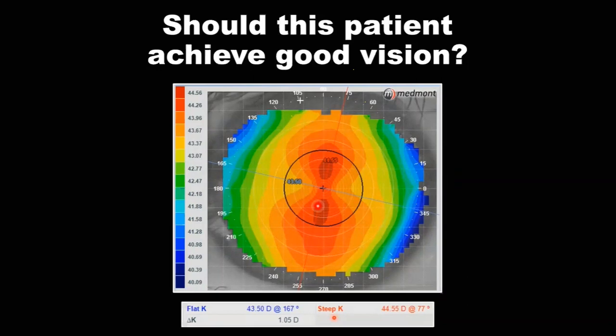The other thing you have to look at is to compare the superior image with the inferior image. Both these images are a kind of mirror image of each other, not very much different. Slightly different here and there could happen, but they are kind of a mirror image. This pattern is very much mirroring this pattern in the horizontal meridian. So they are mirror images of each other, meaning this cornea is a very regular one. And every regular cornea would have very good vision with spectacles or soft contact lenses.